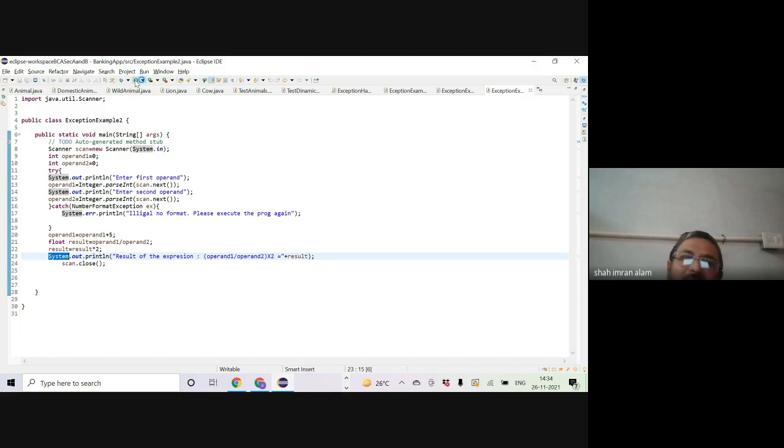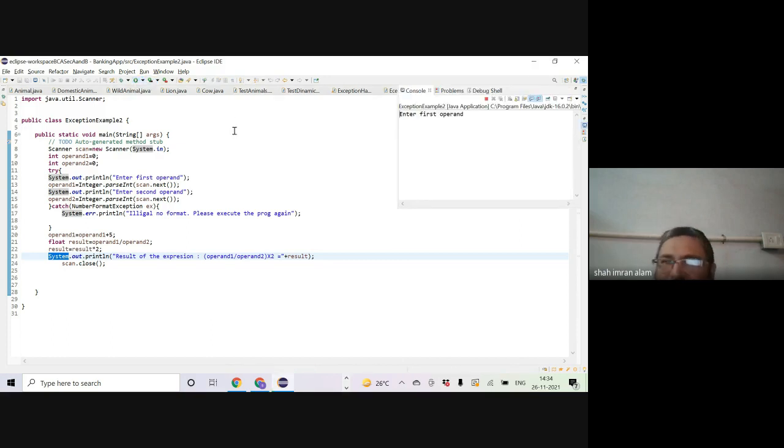So similarly, we are trying to do black box testing. Let me give a different input. This time 10 for the first operand. For the second, let me say I am writing TWO2. Of course, scan.next is giving even 10 as a string, but then the parseInt method is going to parse it and change it to an integer value.